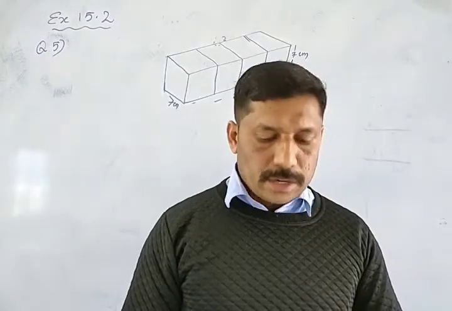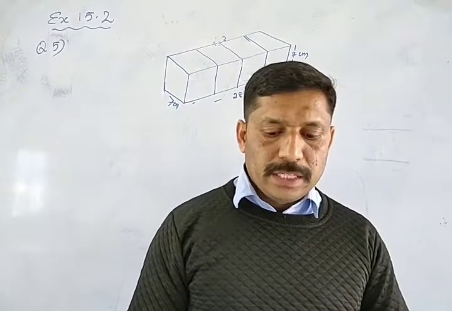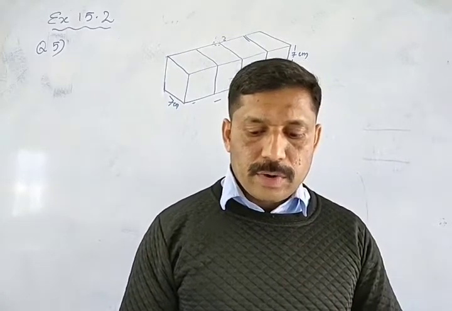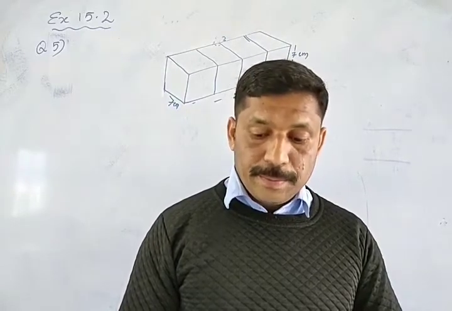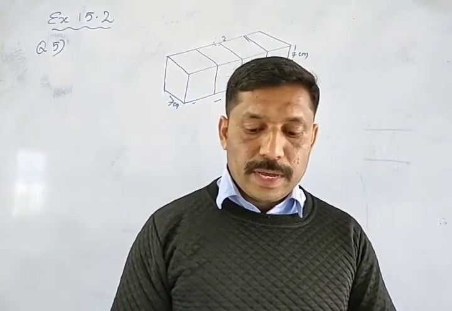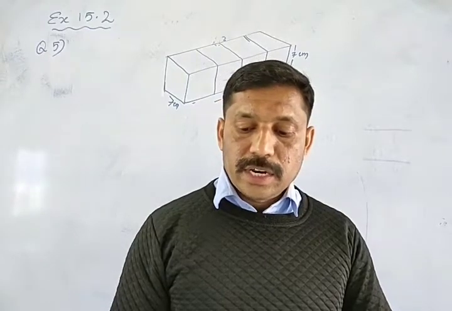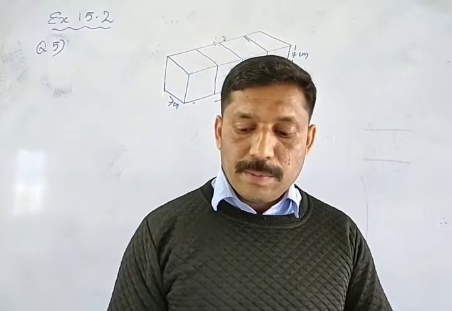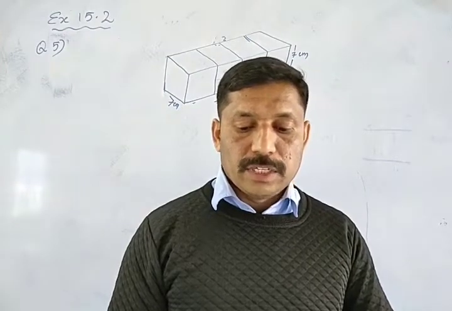Fourth question, that is homework for you. I will read the question. The circumference of the base of a right circular cylinder, that means 2 pi r, is given, that is 250 centimeter. The circumference of the base of a right circular cylinder is 250 centimeter. If the height of the cylinder is 1.25 meter, find the lateral surface area of the cylinder.